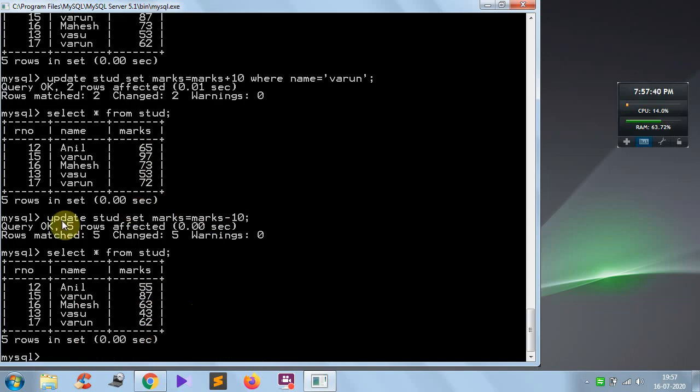So if you do not specify the condition after the UPDATE, then whatever modification you are giving, whatever changes you want to do, will be applied to all rows in the table. So this is about UPDATE. Like UPDATE, one more command is there,